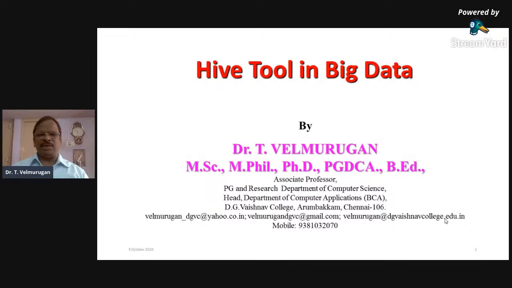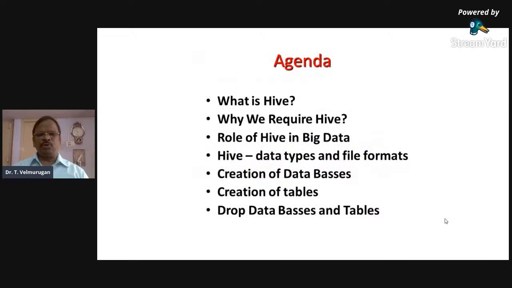Hive is actually a part of the Hadoop software. Hive is the framework of the Hadoop software. Hive is the language of the Hadoop software. Hive is the model of the Hadoop software. Hive is a component of the Hadoop software. There are various components available in Hadoop, in which Hive is one of the components. Now, through this webinar,